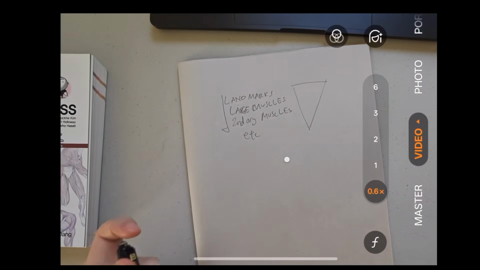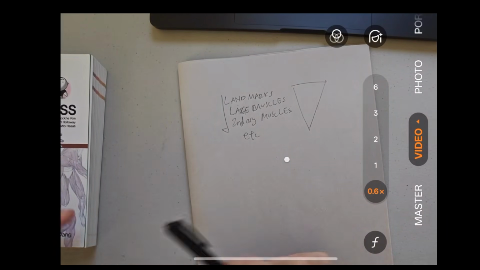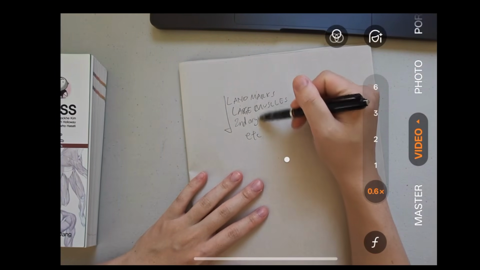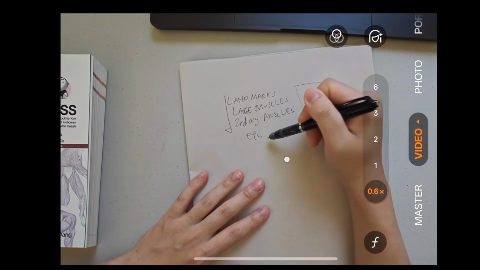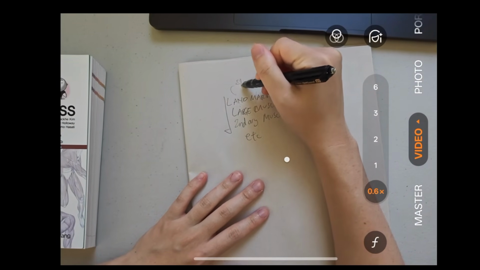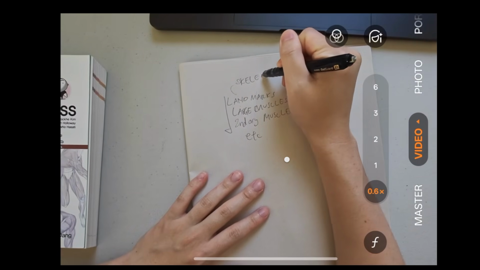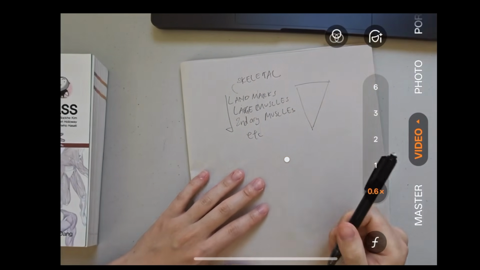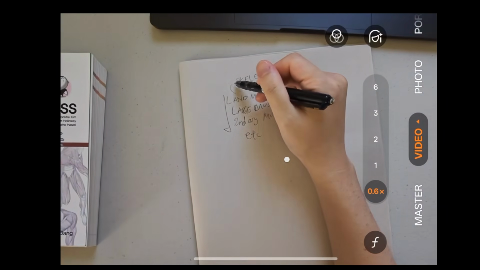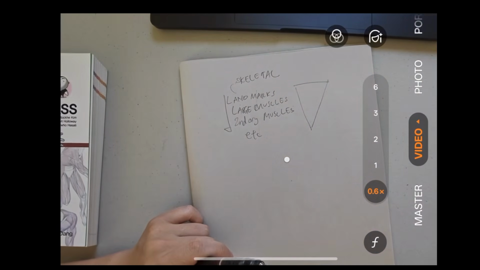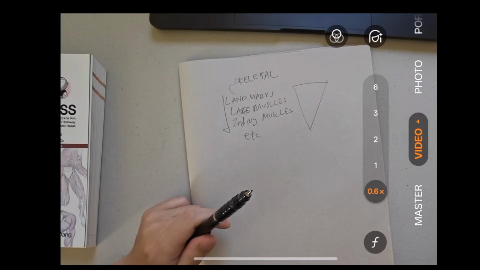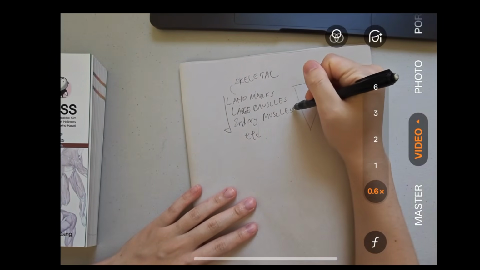When you want to start drawing backs, or anything related to the human body, you want to break things down in this kind of hierarchy: landmarks, large muscles, secondary muscles, etc. And these landmarks are mainly skeletal landmarks, right? You want to go from the bones. The bones rarely change from person to person, and slowly move down to the big muscles and going down smaller